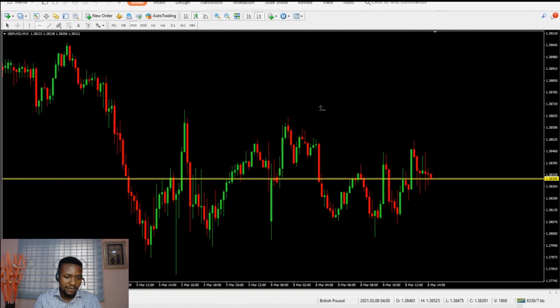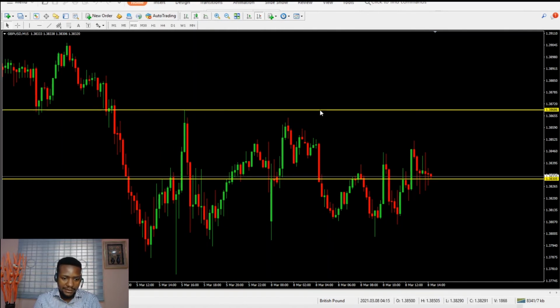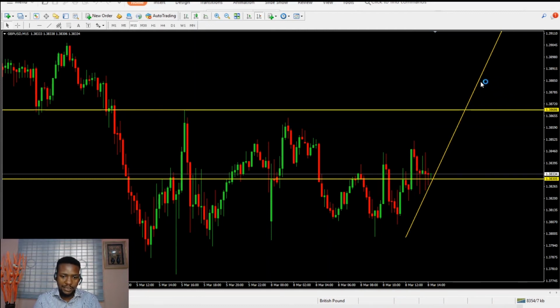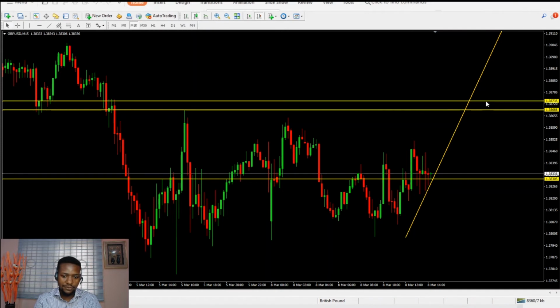And we believe if the market can break this resistance line, because there's a resistance line here stopping the market from going further up, it's going to go further up. So we expect it to come somewhere up here. So we can set up a buy stop around here, stating that if the market can cross over to this point,